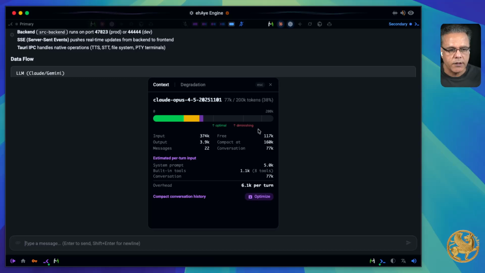At that point, it is really not good for us to be in the right of diminishing result and still communicating without calling optimization, which is compacting what we have, summarizing it, keeping it in the memory, and only using that. There are a lot of things that I'm doing to make sure you as a developer don't have to think about it. You just do it. Just grab Dojo, ehAye Dojo, and just communicate with it as you may. Drag and drops of any files, and all files are native and seamless.